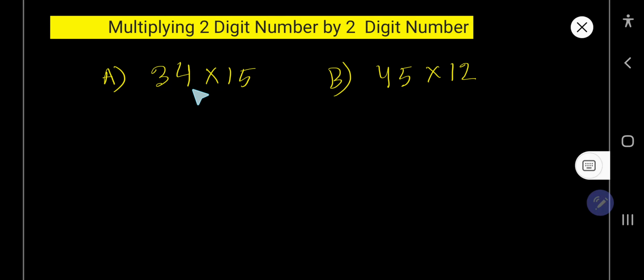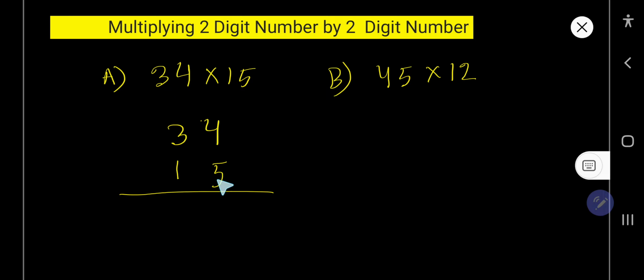Multiplying a two-digit number by a two-digit number. So look, this is a two-digit number and this is another two-digit number we need to multiply. At first, write the first number, 34, here, and then write the second number. Here the ones place is 5, here the ones place is 4, so write it just under it. Here the tens place is 1 and here 3, so 1 will be below the